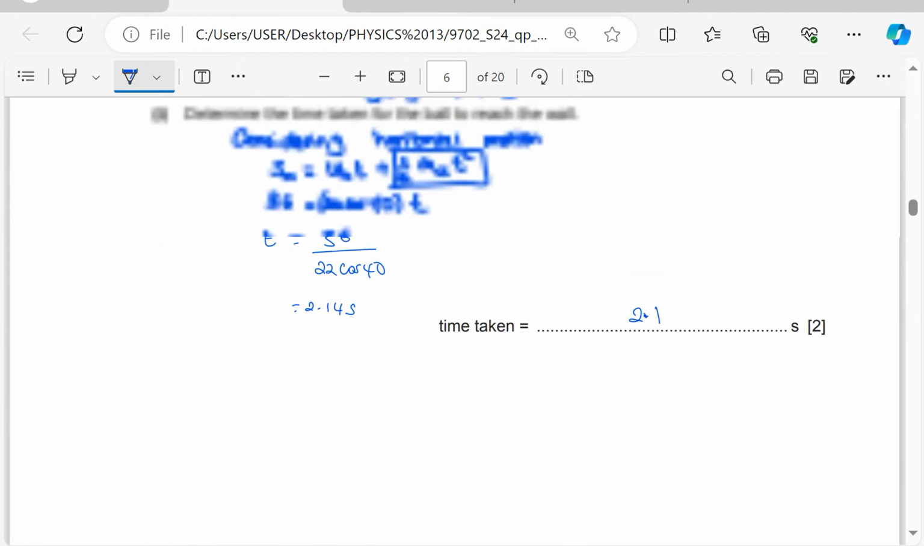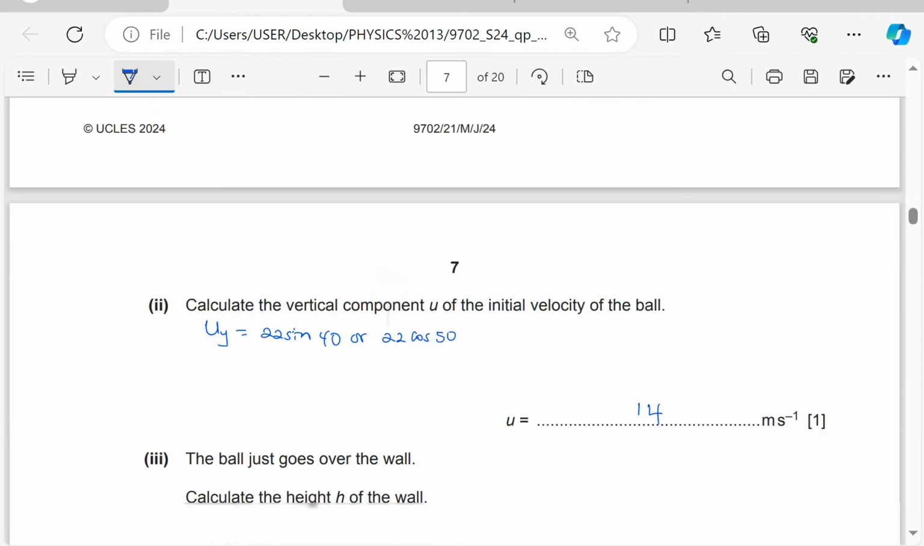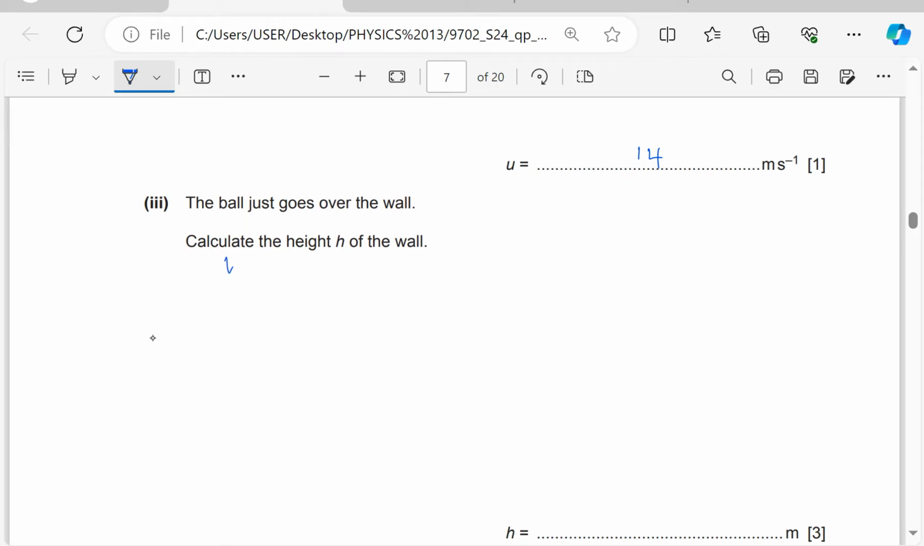Okay, so the height h of the wall is going to be this distance 1.2 plus this distance here. So I'm going to find this distance. Let me call it sy. That is displacement s, the vertical. So h is going to be 1.2 plus s in the vertical. So to find s in the vertical, I'll use s in the vertical equals initial velocity in the vertical,